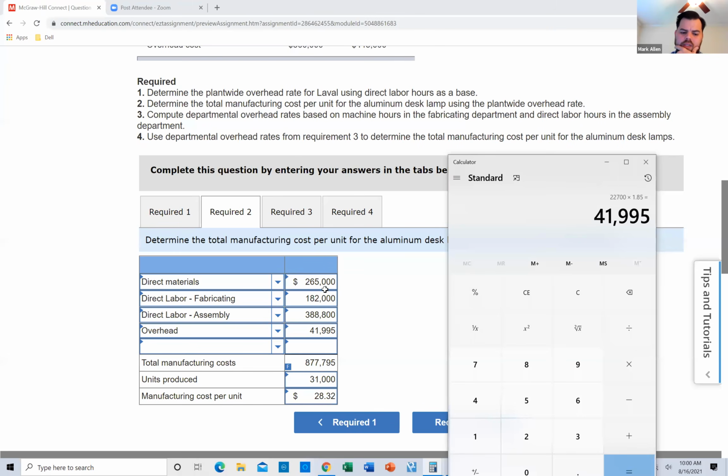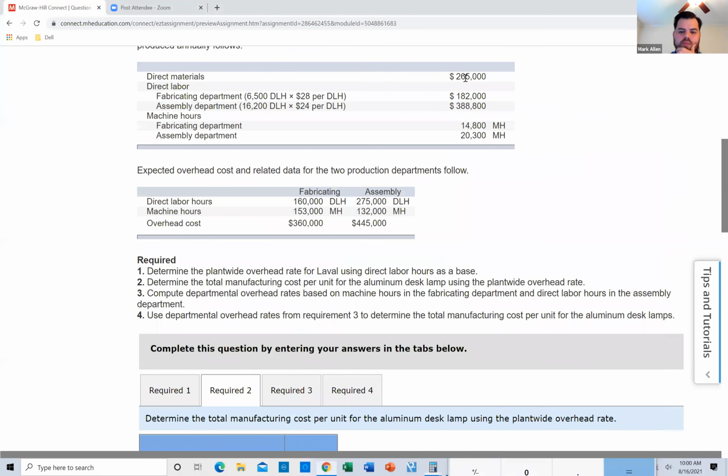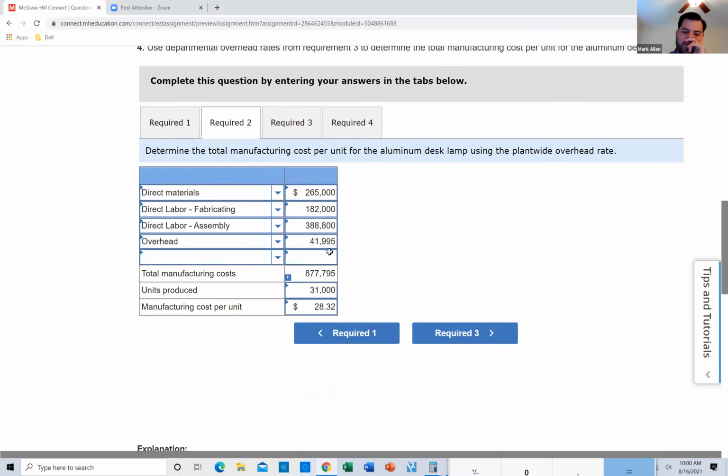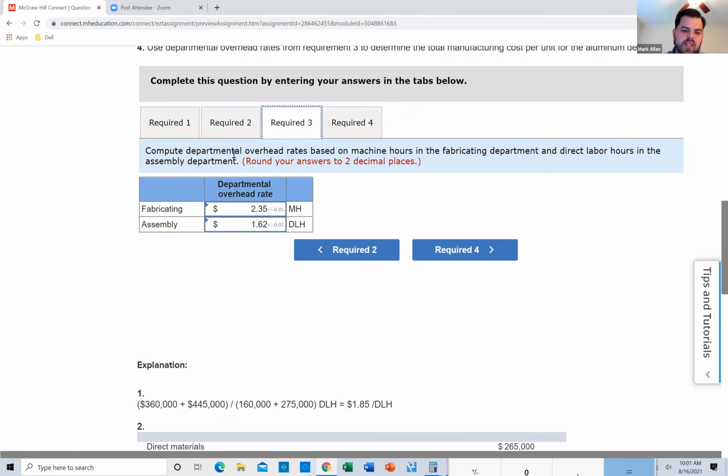Now, the other numbers, the direct materials, direct labor, all that is just pulled straight from the table. So this is the only one you have to actually compute. At that point, you'll simply add this all up. That gives you your total manufacturing cost, also called our total product cost, of course. And then we divide that by our number of units produced, and that gives me a manufacturing cost per unit of $28.32. Now, for the next piece, they ask us to compute departmental overhead rates based on machine hours in the